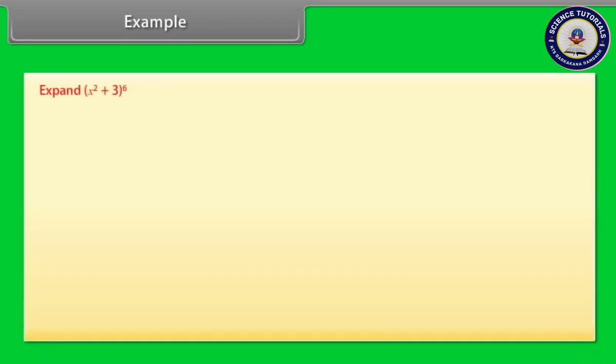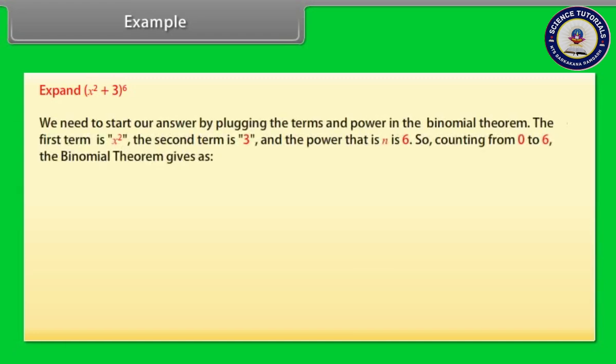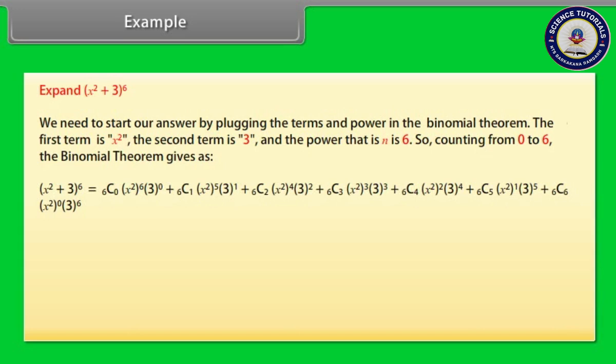Example: expand (x² + 3) raised to power 6. We need to start our answer by plugging the terms and power into the binomial theorem. The first term is x², the second term is 3, and the power, that is n, is 6. So, counting from 0 to 6, the binomial theorem gives (x² + 3)⁶ is equal to 6C0 into (x²) raised to power 6 into 3 raised to power 0 plus 6C1 into (x²)